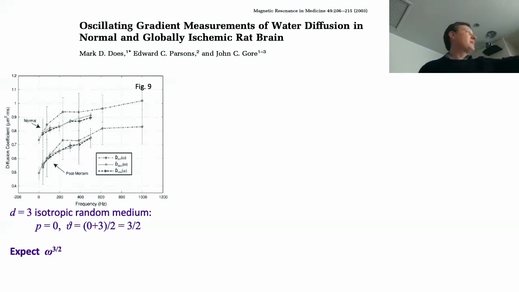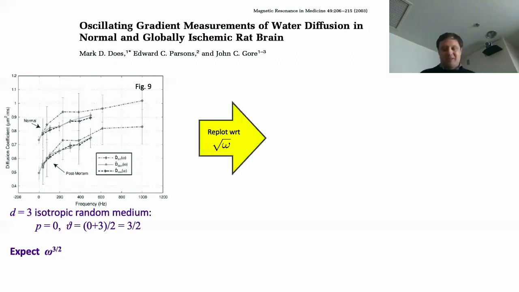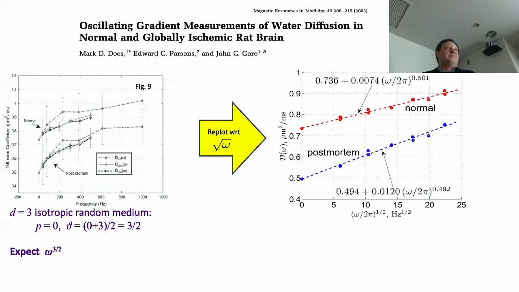So I just took this data and I replotted as a function of square root of frequency. And this is how it looks. And I mean, I can fit a power law exponent of 1/2, which is essentially as exact as you can get. And this